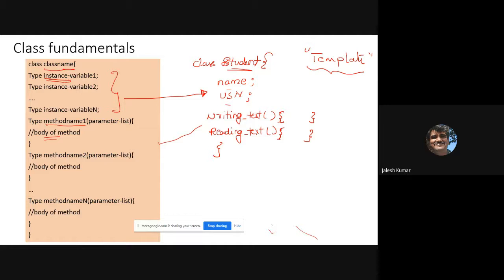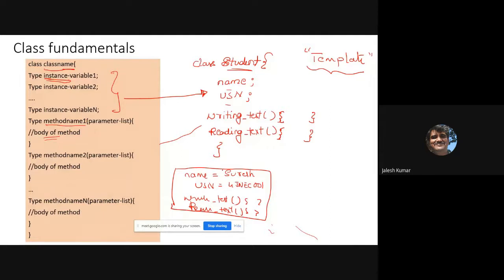Now I can name a particular student, Suresh, with USN JNEC 001, writing test, reading textbook, some particular task. So this is one particular piece of information of type Student, about student Suresh.